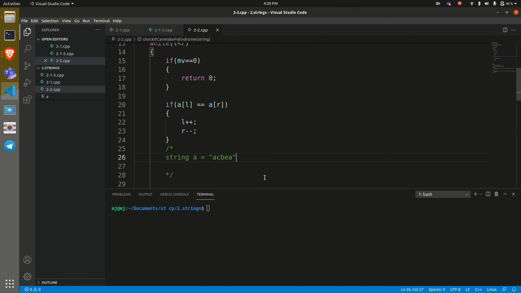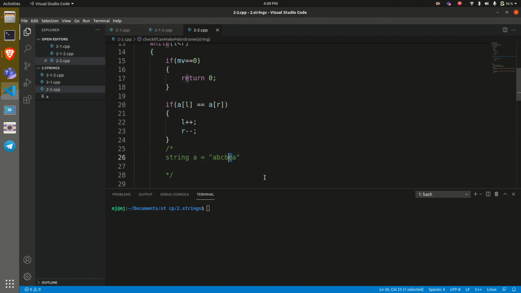Just pause it, think for a while, and you will get the answer. Saying that the original string cannot become a palindrome by removing exactly one character is wrong. Why? Because we have removed the incorrect character. We have removed B, and that's why it cannot be made a palindrome. But what if we remove E? Now check: A, B, C, B, A. So this is a palindrome, and hence when the characters don't match, we need to be sure about which character should be removed. Then only we can get to the final answer. Otherwise we'll just take a random guess about which character to remove, and we'll end up with the wrong answer.